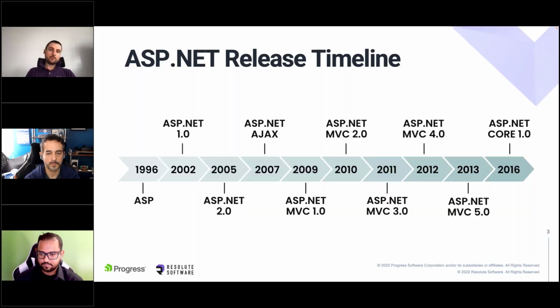A very brief overview of the ASP.NET timeline. Released back in the early 2000s, ASP.NET 1.0 was very progressive for its day. It was a server page paradigm where you would write a bunch of C# and markup to create server pages. In 2007, Ajax came along and really revolutionized the way we do client-server applications by providing seamless asynchronous callbacks to the server that reduced a lot of flicker and really provided a much smoother overall user experience.